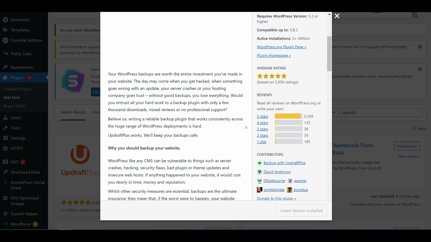Back up into the cloud directly to Dropbox, Google Drive, Amazon S3, or compatible UpdraftVault, Rackspace Cloud, FTP, DreamObjects, OpenStack Swift, and email. The paid version also backs up to Microsoft OneDrive, Microsoft Azure, Google Cloud Storage, Backblaze B2, SFTP, SCP, and WebDAV. Don't risk your backups on anything less. Your WordPress backups are worth the entire investment you've made